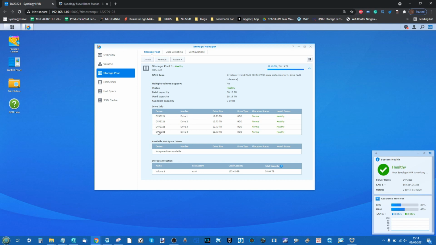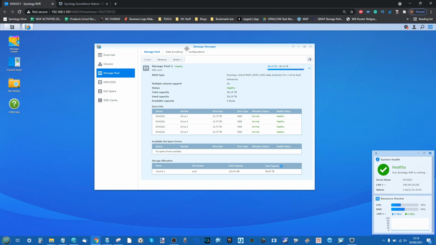Alongside that, towards the end of the video, I'm going to be pulling one of these drives out of the system to show you guys exactly what happens if a drive was to fail, to show you that the data can still be accessed thanks to the parity, and show you what happens when the drive is reintroduced into the system. What I'm saying is, this video would still exist if we weren't using surveillance drives, but the optimized performance